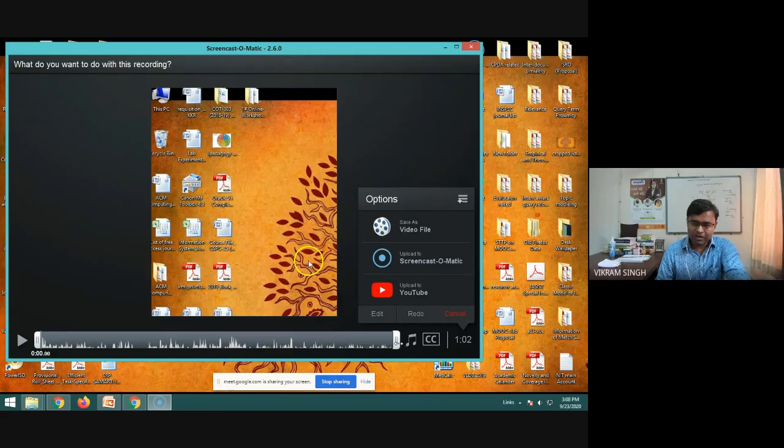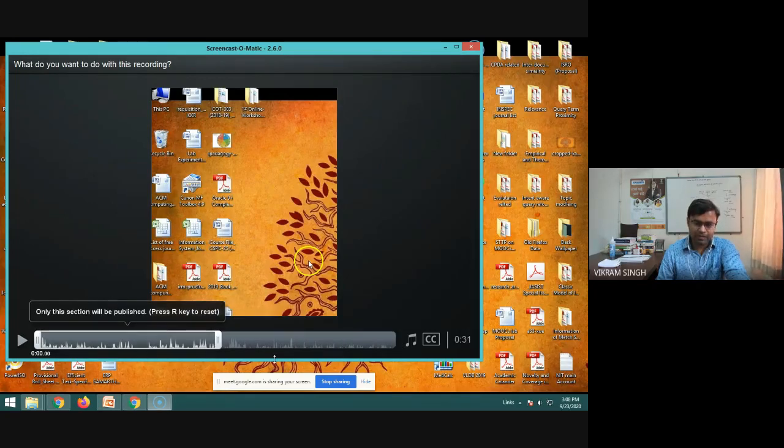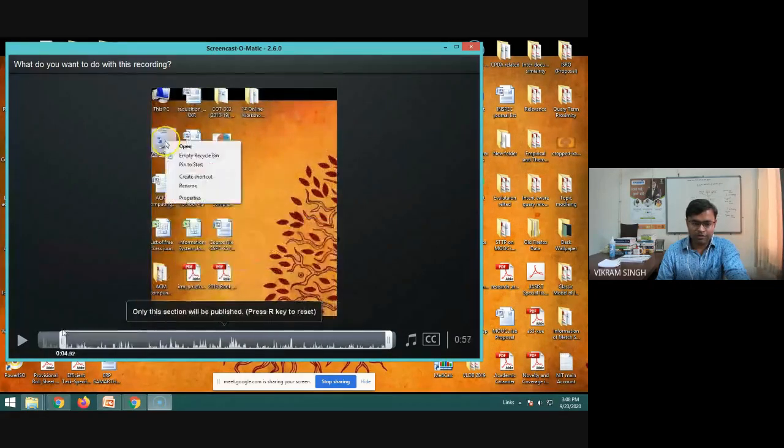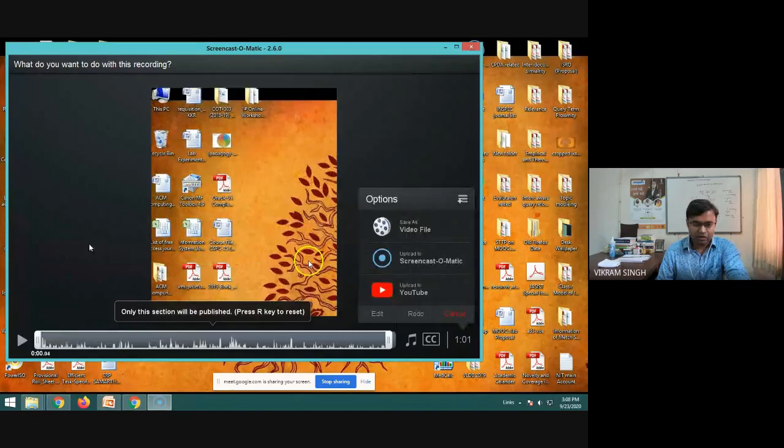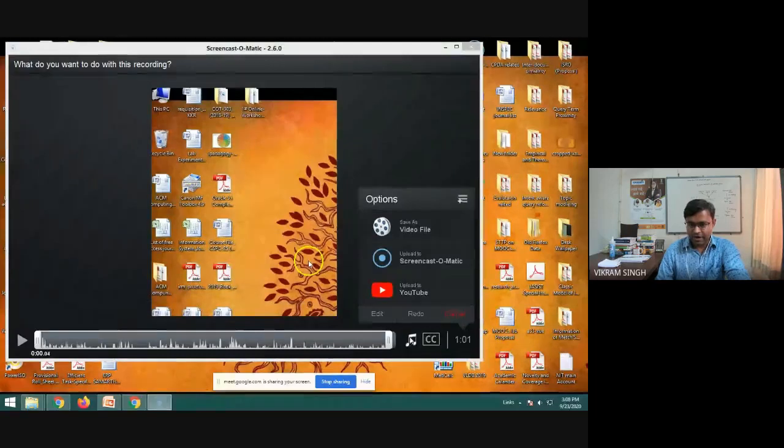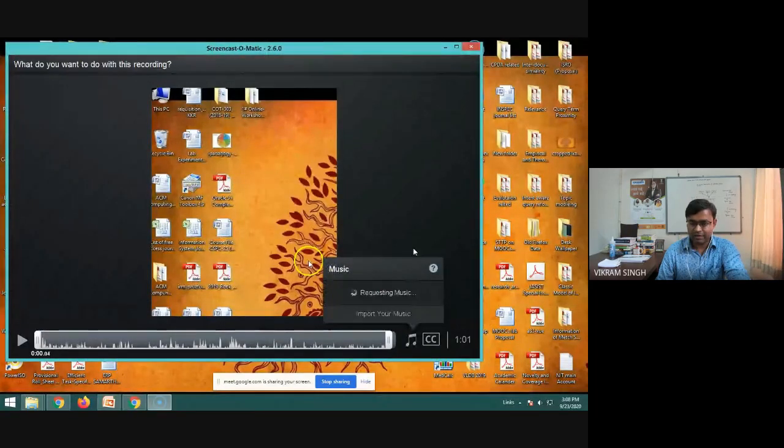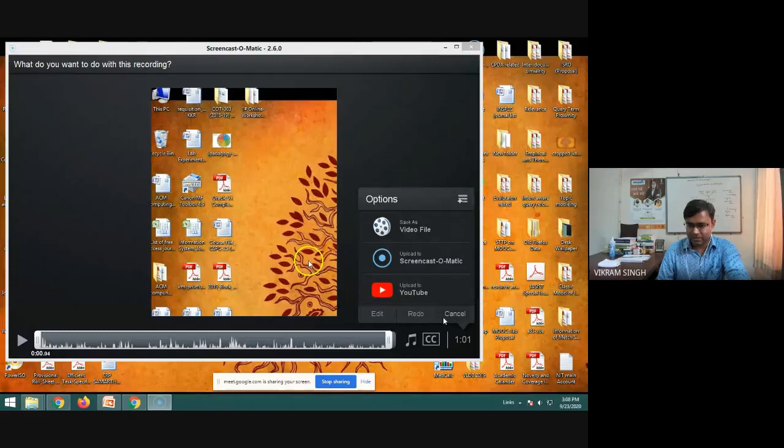Through this we can do a few operations, like we can simply crop, or cut a portion of the video, right? Out of this whole video of 15 minutes, we can take out a small portion and save it. In this video, you can add some background music based on your choices. You can also add captions to the recorded video with this default editor. After doing all these things, the last task is to save this video. So now we are saving this file.